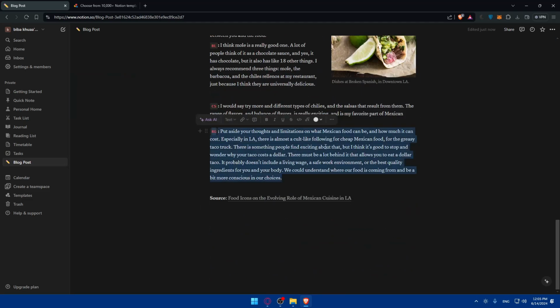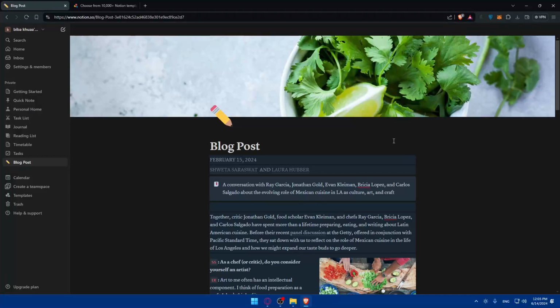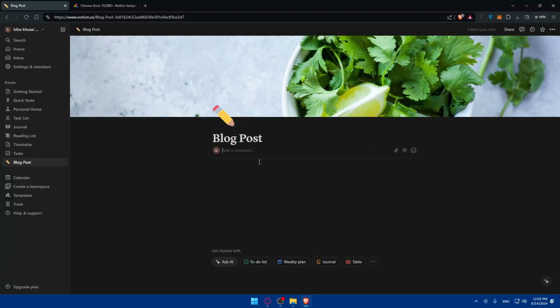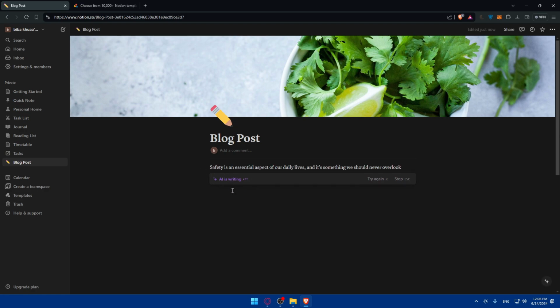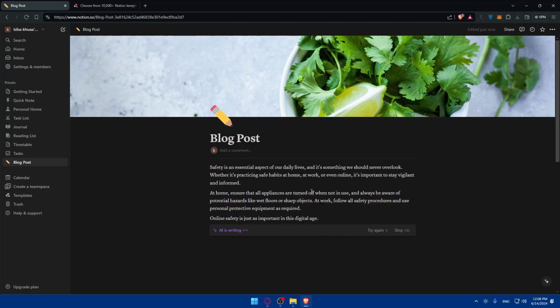Of course, you can basically just select everything and delete everything in this blog post, and simply start making your own template. You can even ask AI about something. So, write about a blog post. I want to remind people about, I don't know what exactly I should enter here, maybe safety, or something like that, and simply hit the enter button, and AI will keep writing stuff for you. And once you finish editing everything about your template,